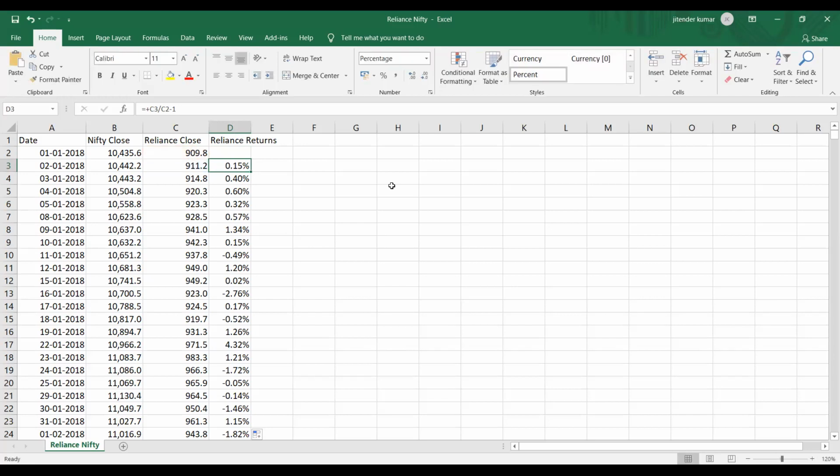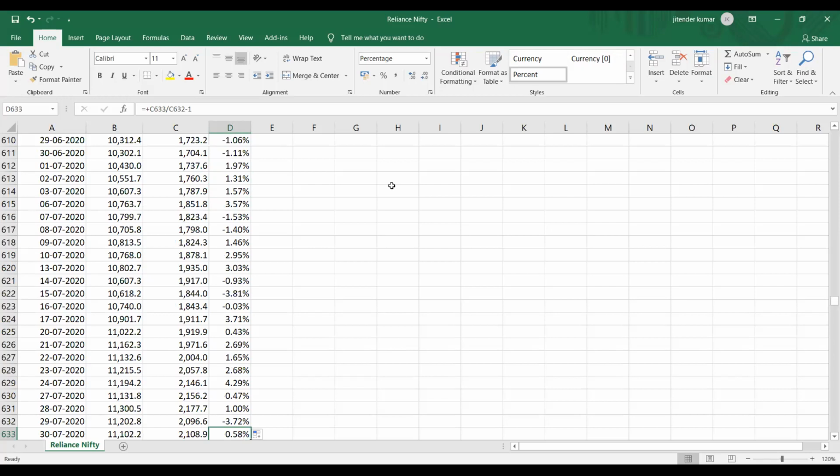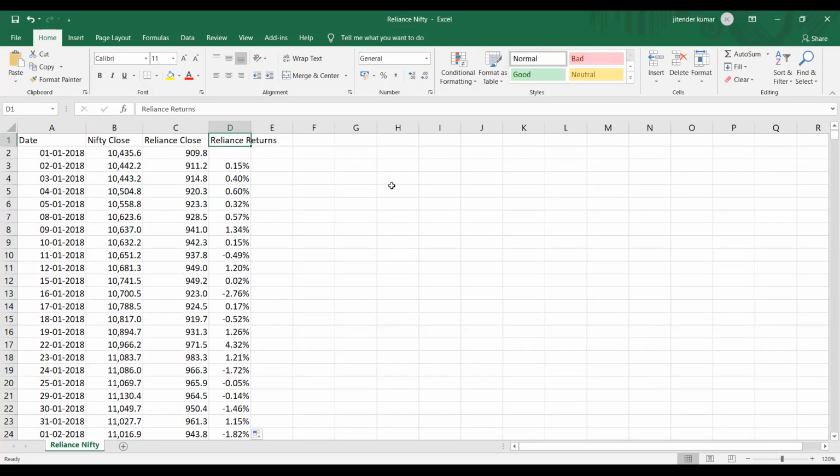These are the daily returns of Reliance, calculated for the entire period. Just save this file and we will upload this file to the eViews software.